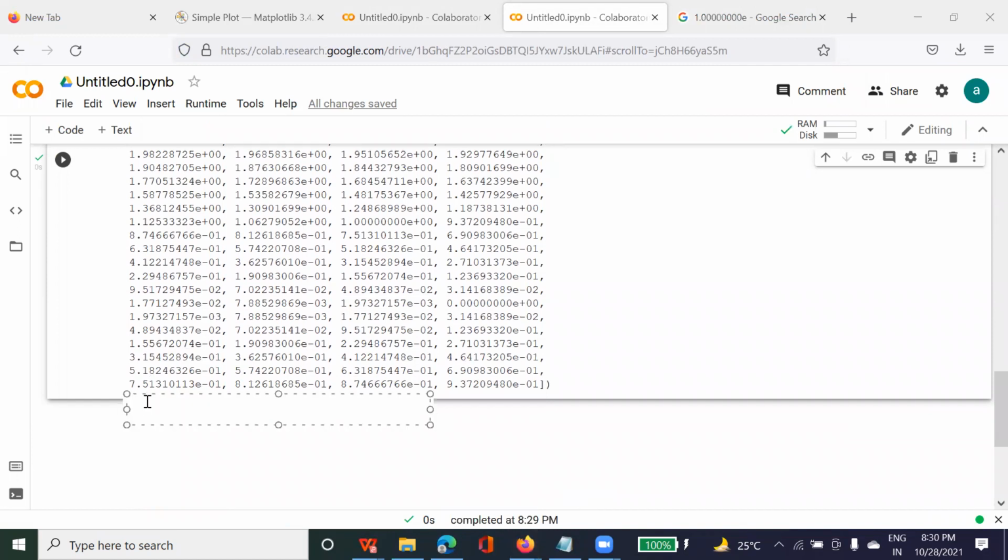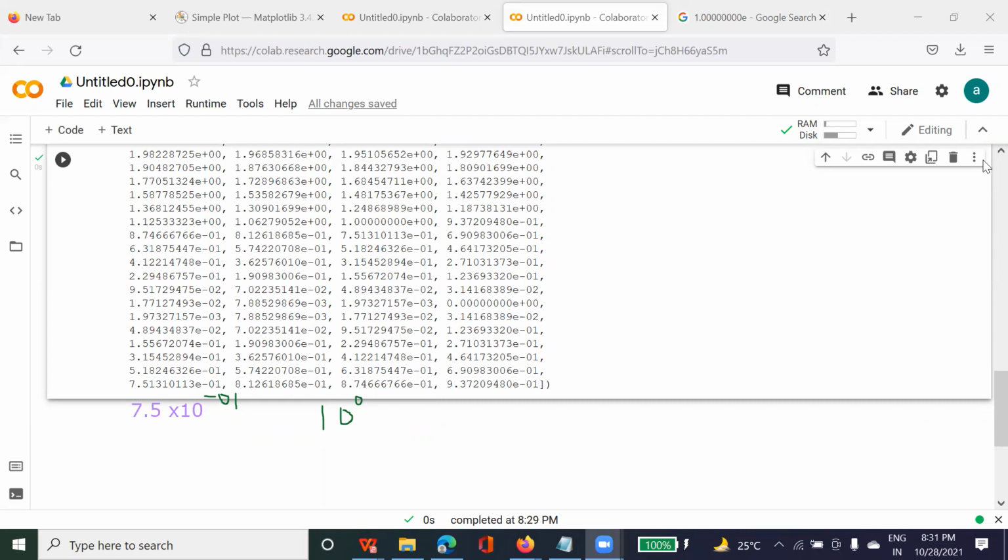Let me take for example 7. So it will be represented like 7.5 into 10 to the power minus 01. So something like minus 01 will come, 10 to the power minus 01. This one E represents, right? Similarly here also. And wherever you get positive, like here is positive, right? If you can see here 00 is there, it means that it is 10 to the power 0. Positive. And when you see negative, it means 10 to the power minus 01. Am I clear to you now?